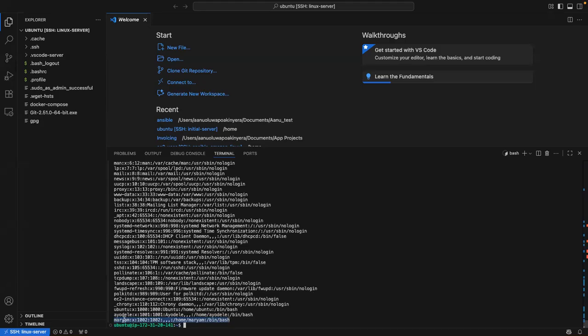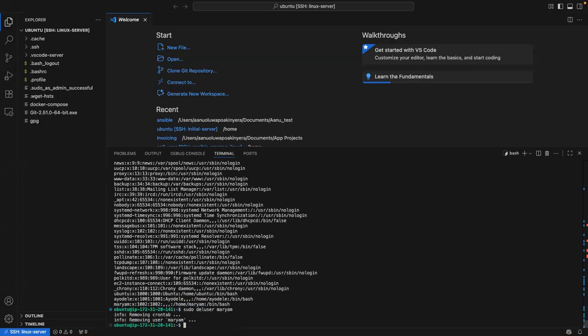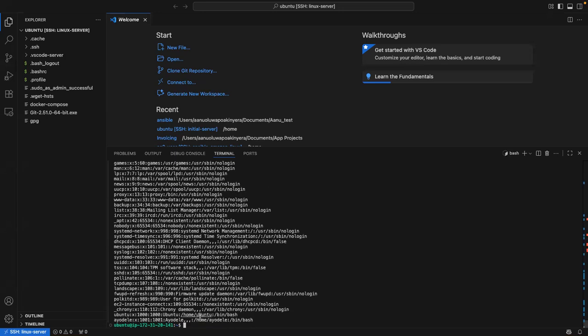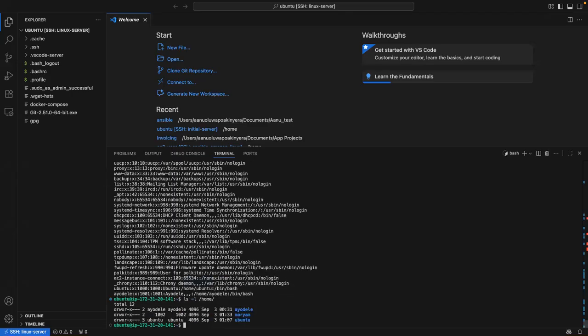Now, if I want to remove a user, I believe this will be gone, but that folder will not be gone. It will not delete the folder, but your user will not be able to log in. So sudo deluser Miriam. And it has removed it. So if I go back here, it's gone. But if I go to the list of my folder, it is there. Why is it there? Because the user Miriam may have used it for some data, and we don't want to lose that. If that makes sense.